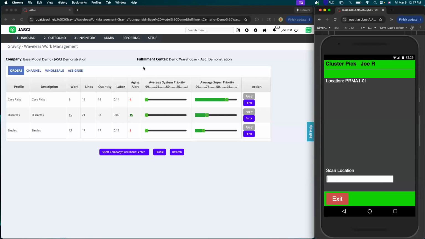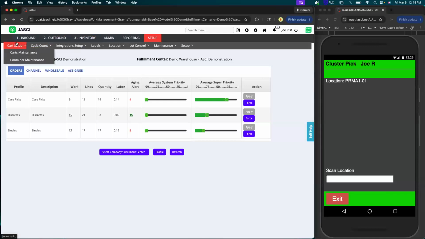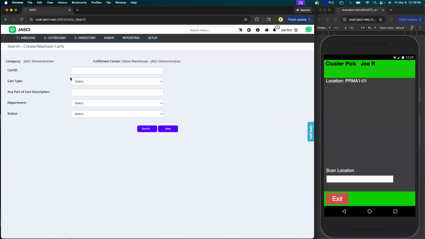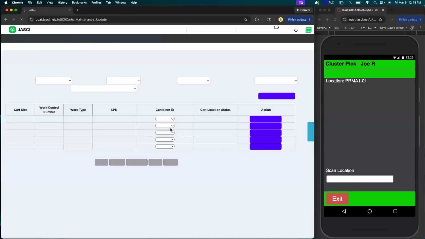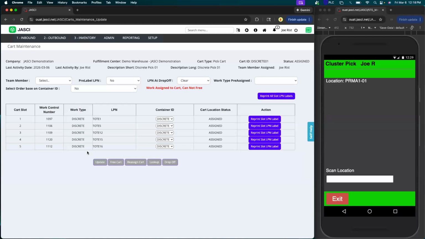All right, so now that we're signed into a cart, and if you want to see what the cart looks like, I'll go to our cart's maintenance. We can go into our picking cart. This is also a great tool for supervisors to use so you can monitor who's systematically tied to all of the different carts that you have. So if we look at this one that's currently tied to me and we go to edit, we can see that it's got 5 different totes on it that all have an order that's being picked to each of these totes. Normally, you'll see maybe anywhere from like 6 to 12 totes on a cart